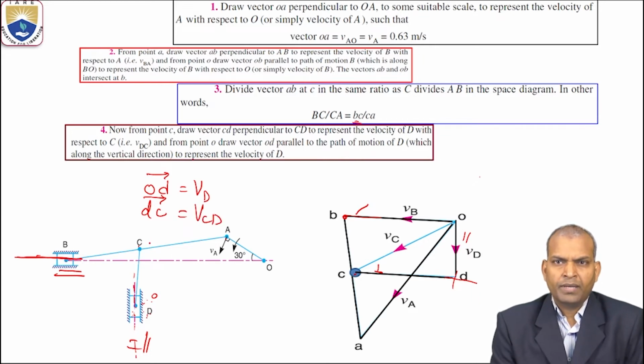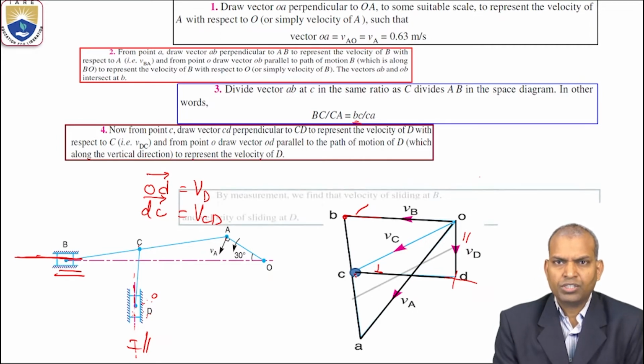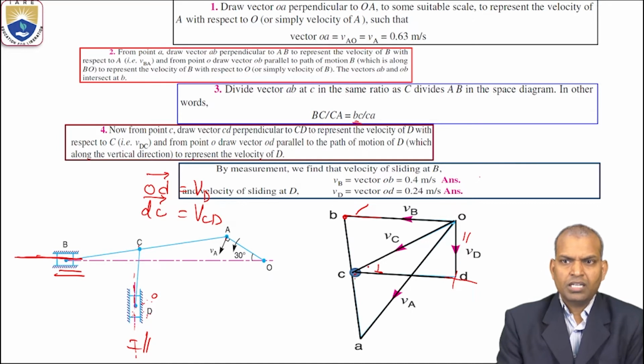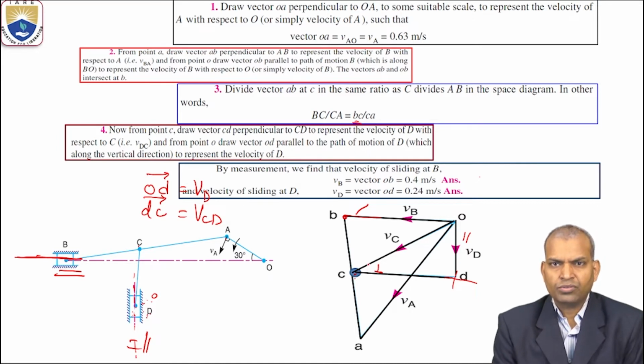Okay, this is the manner in which we will find the velocities. Then join point C to point O, that is the velocity of C with respect to O. Okay, thus after measuring all these values, the velocity quantities